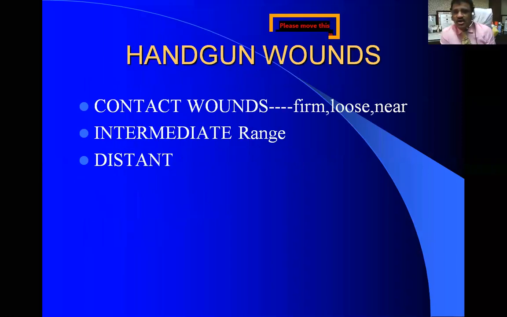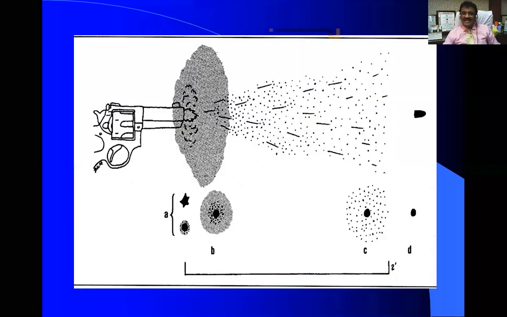Handgun wounds are caused on the target. That means, of course, we are studying human beings related to forensic science. So on the human body, they are either firm or loose or near contact wounds, or intermediate range handgun wounds, or distant handgun wounds, depending on from where exactly the weapon has been fired. We can see this weapon is fired, and this is what it looks like when the weapon is fired. So the bullet has gone far ahead, but we can see the smoke, fire here, fire up to 2 inches,